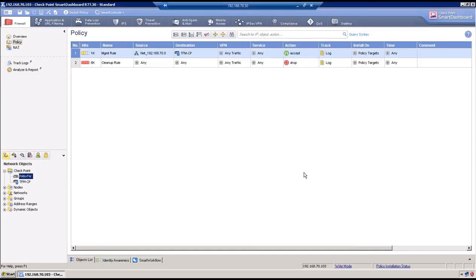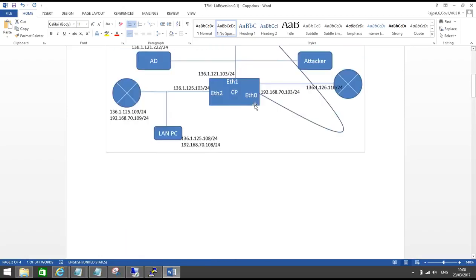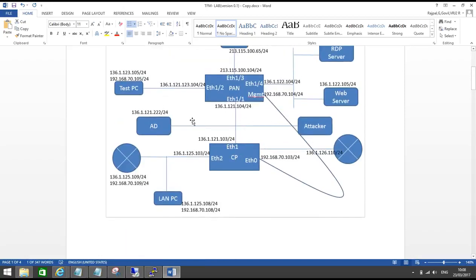So we have a basic phase 1 and phase 2 configuration completed. One small change which we have to do is for the encapsulation. Now by default, the object which we have used in a community has IP address 192.168.70.103. So when VPN traffic is triggered, this gateway will try to initiate traffic from this IP address. But as per the topology, we want the VPN to be built between 136.1.121 networks. So for encapsulation, we have to force the traffic to be triggered from